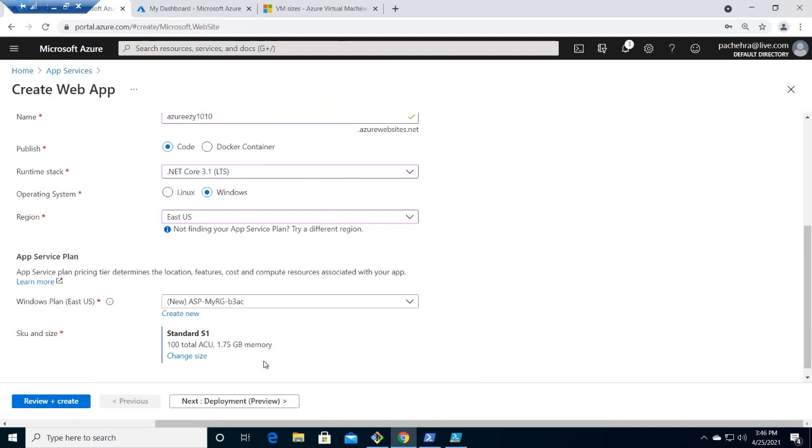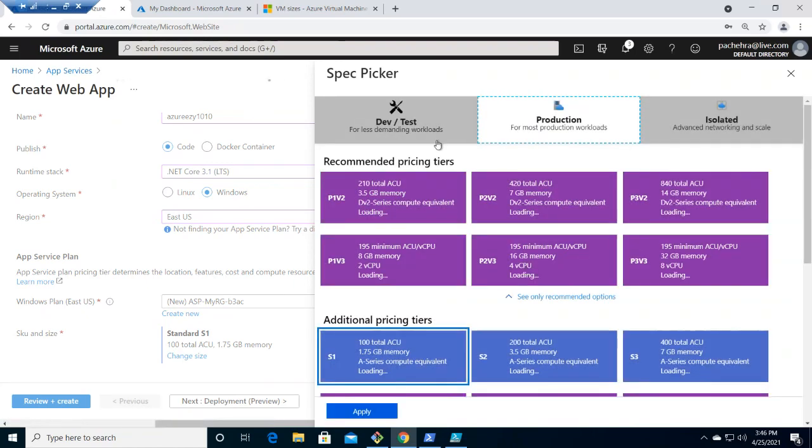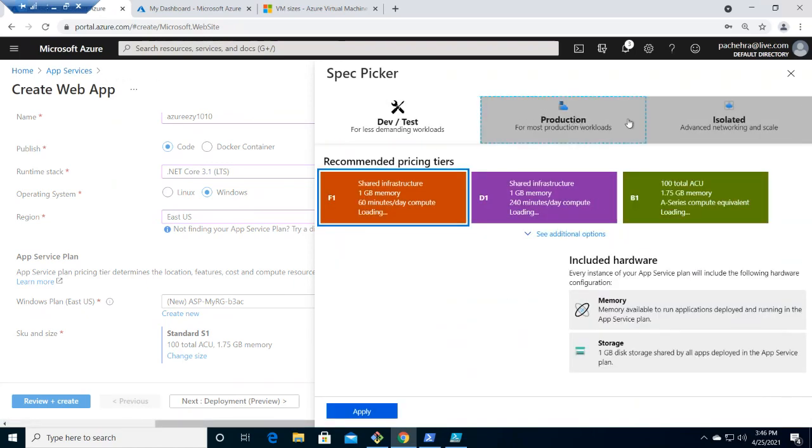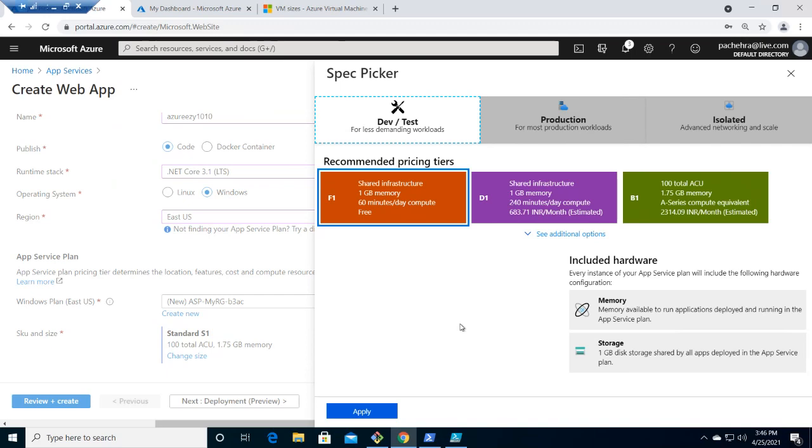If I click here, change size, you will see there are different kinds of plans. We have dev plan, production plan, isolated plan. As the SKU increases, so do the features. If I go with dev test, we have limited features.